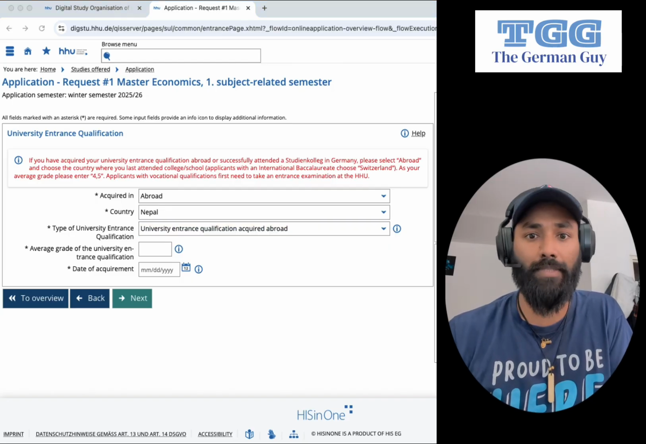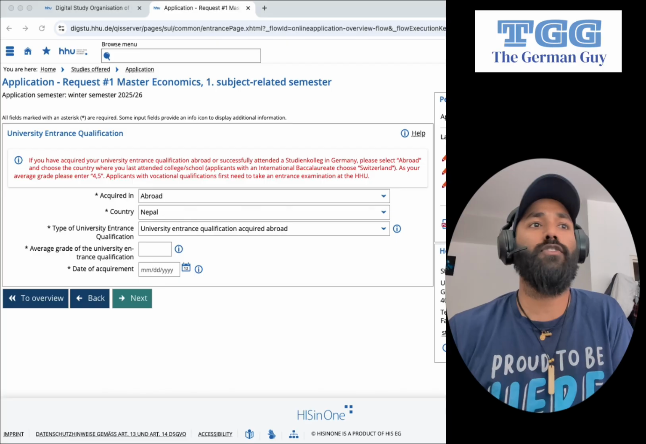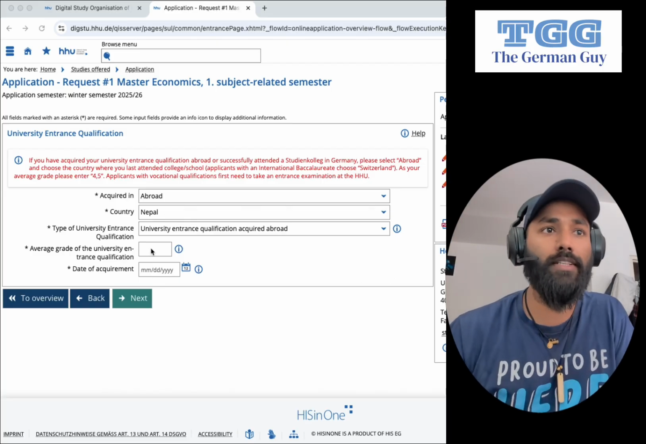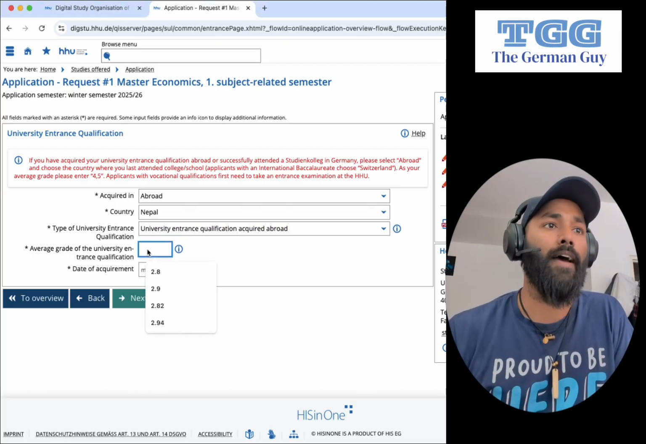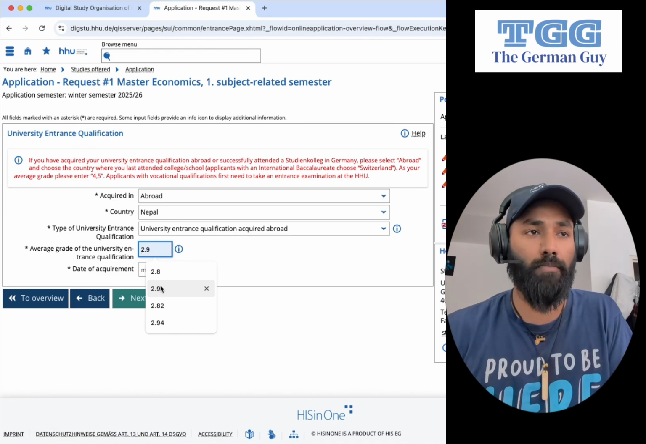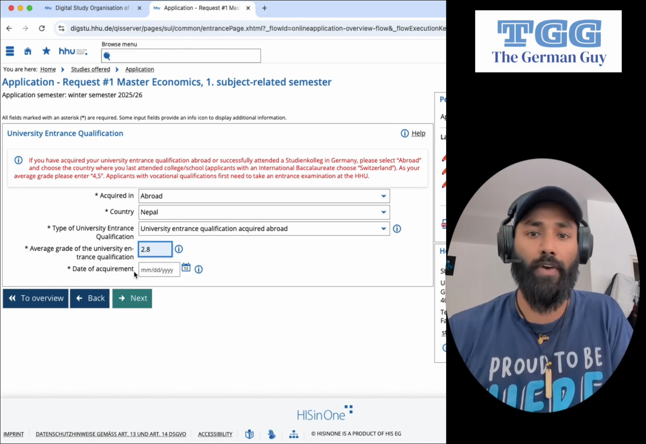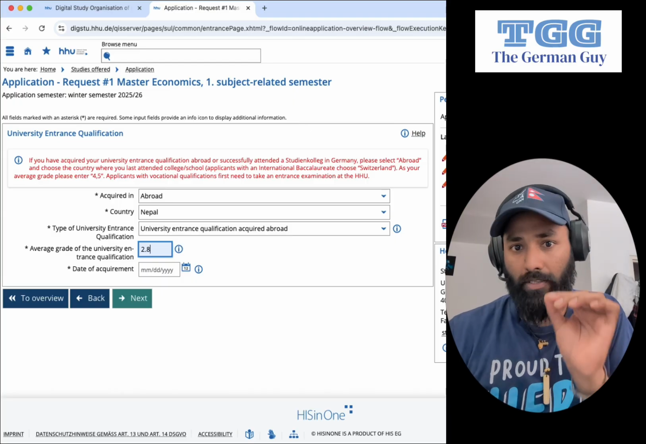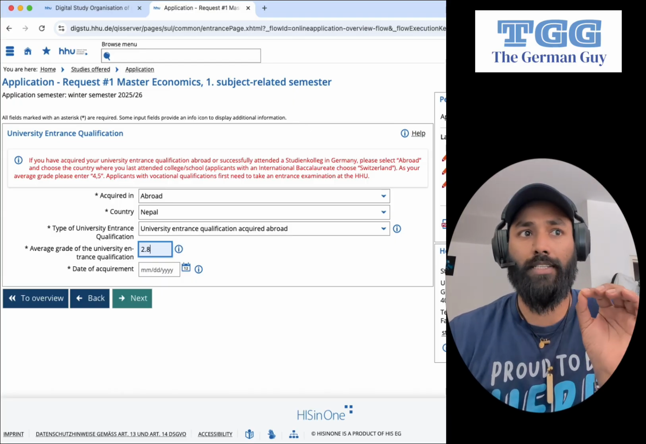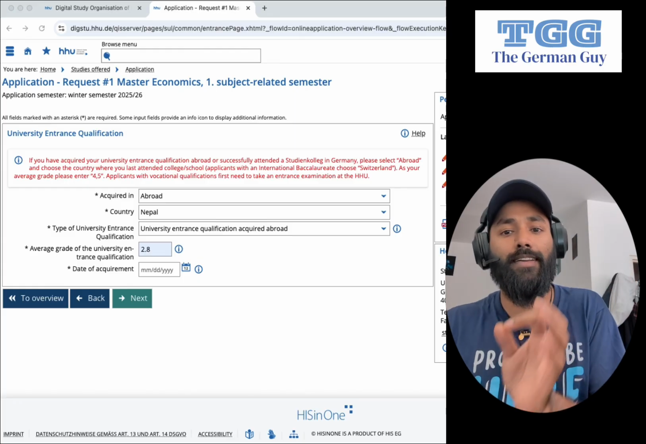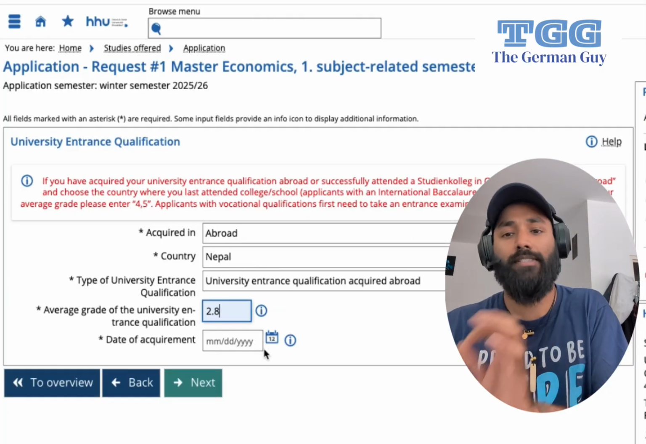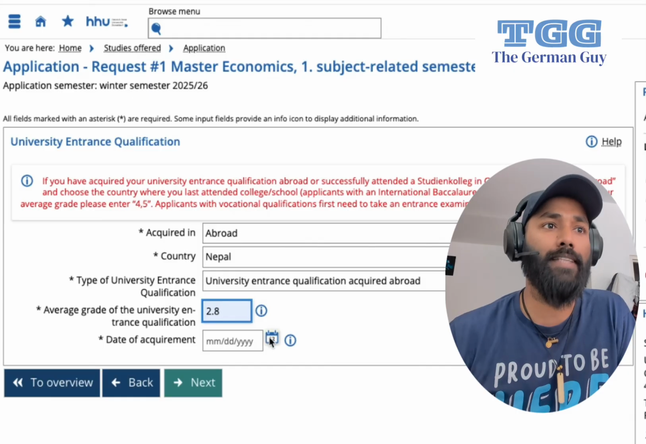If you studied your plus two in a different country, for example in Germany, you have to select this option. And then what was your grade in your plus two, intermediate? You have to put it. They only select up to one decimal point, so make sure you are writing one decimal. If your grade is like 2.87, you can simply write 2.9, and then select